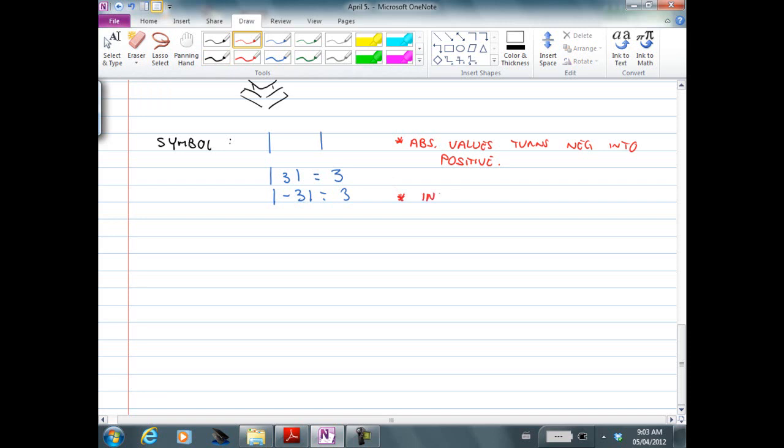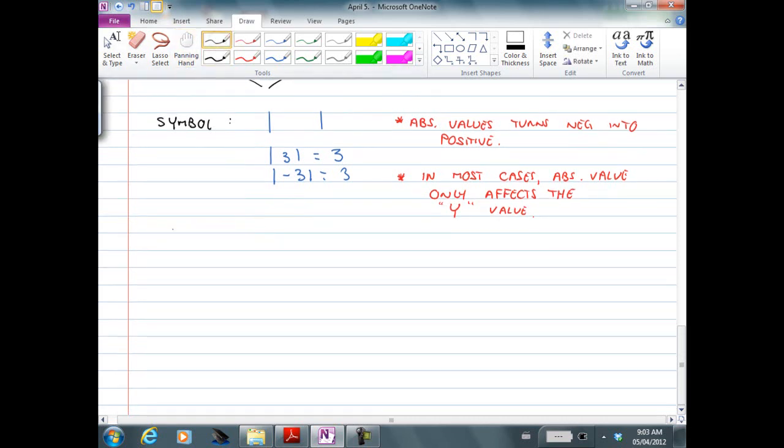In most cases, not all cases, absolute value only, because I'm going to make this a bit simpler for you guys, affects the y value. This is important. A lot of people focus on x. In most cases for Math 12, you only focus on the y value. For example,